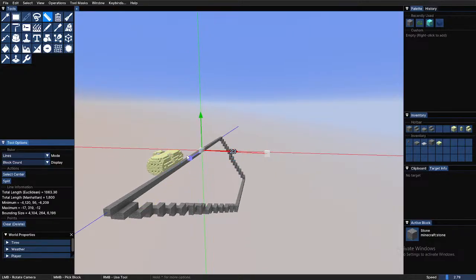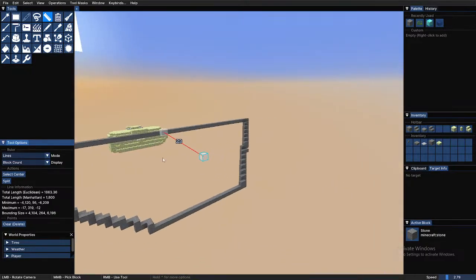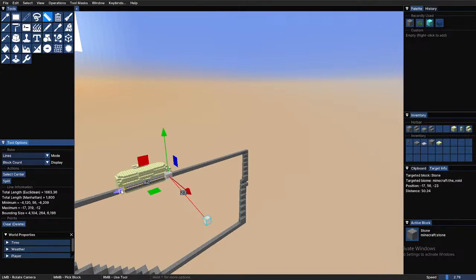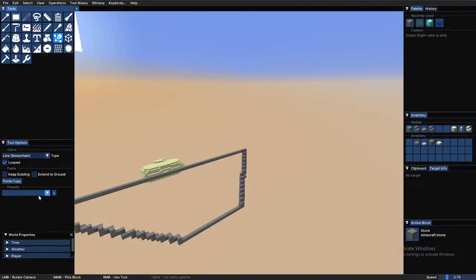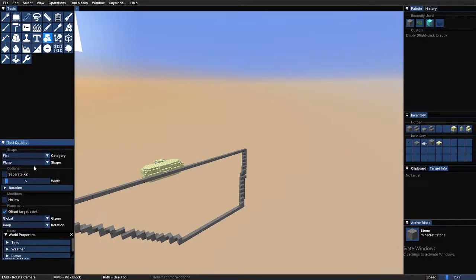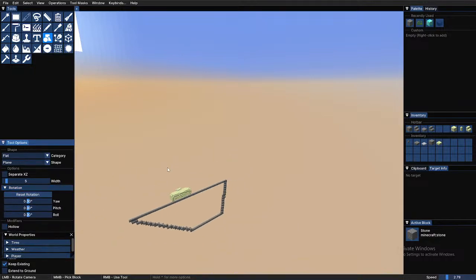I think I can try to make, or there's a way to make an angle here. I think it's with path. It might be with path. Stamp. Yeah, here it is. Okay, if I grab a shape, let's say I just grab a